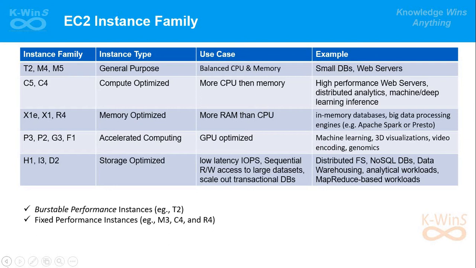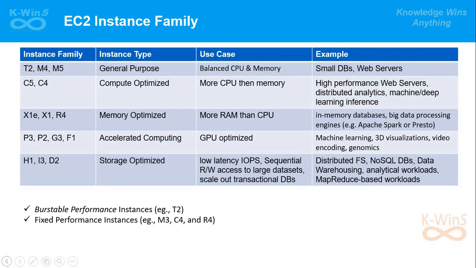We then have compute optimized instances which are suitable for applications that require more CPU than memory. The common use cases for compute optimized instances are the web servers that require higher performance. Then memory optimized instances are suitable for applications which require more memory than CPU. Some of the commonly used applications here are in-memory databases and big data processing engines like Apache Spark or Presto,